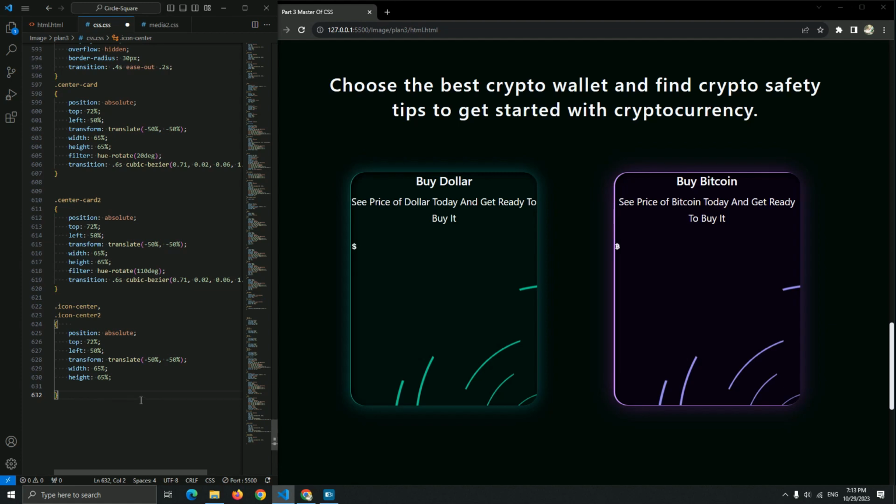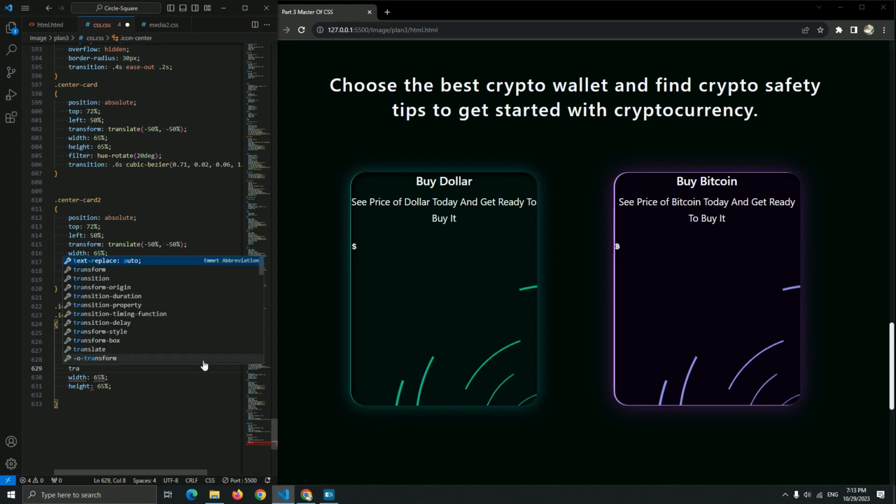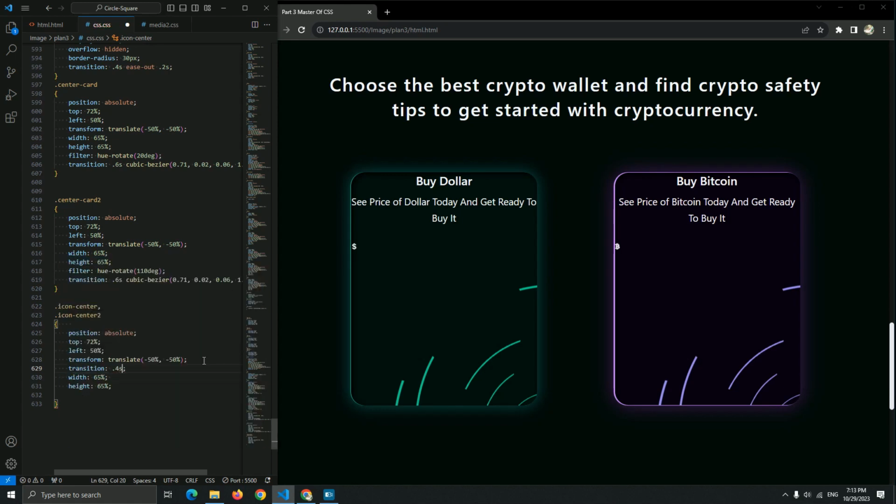Just let me add a transition ease-in to add a hover for it. Transition ease-out, I'm sorry, ease-out. And let me add the z-index. We don't need the width and the height. Z-index 2. Now it's centered, as you can see. Now let's resize this image. After that we're going to go with the icon to style it. Oh, you know what, let me finish styling this icon center.